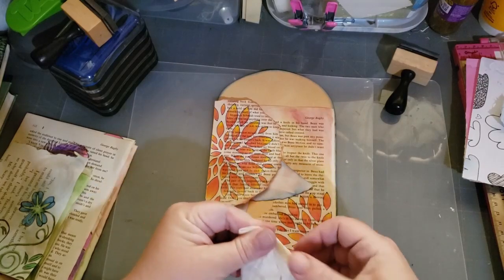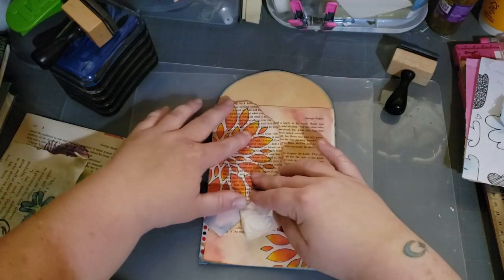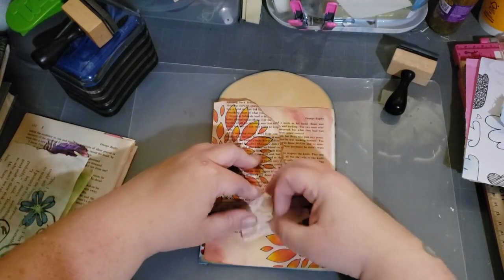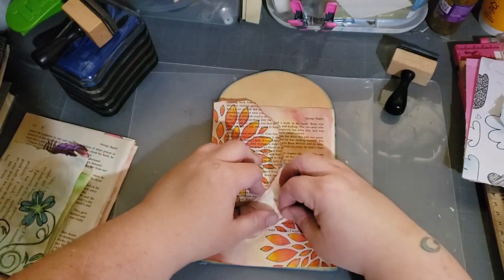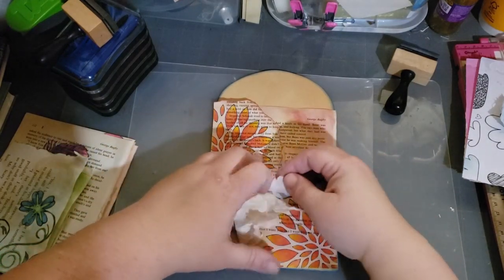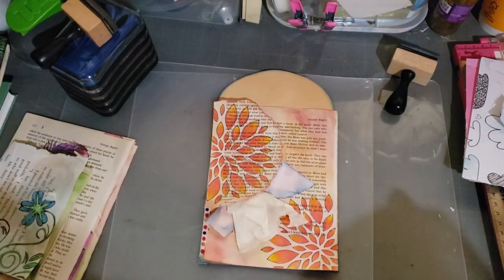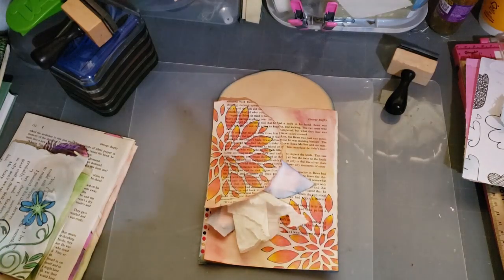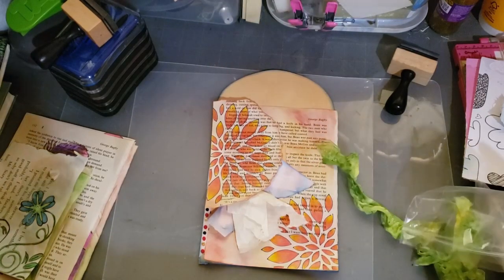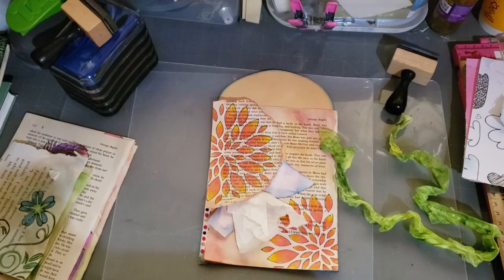Let's see. You guys are seeing this, my process. All right, so I'm not sure about that, but I'll just leave it there for a minute. What do I want? What do I want? Do I want some... Or...